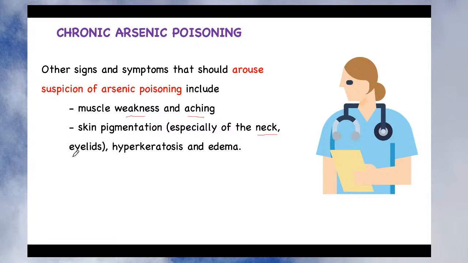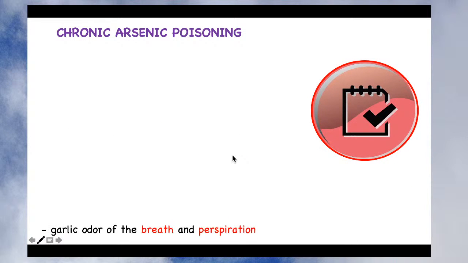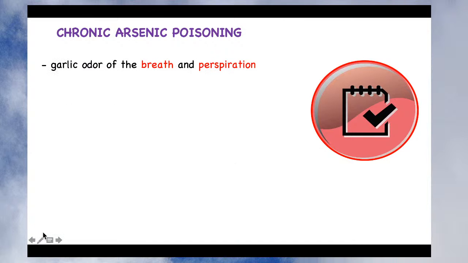And there is pigmentation on the eyelid. There is hyperkeratosis, and the patient also suffers from edema. In addition, a very interesting symptom is the garlic odor. Garlic odor of the breath and perspiration, the sweat which is coming out, and also in the breath, there is a garlic odor. The garlic odor is a very interesting and characteristic feature of arsenic poisoning. So if you have chronic exposure to arsenic, you may have a garlic odor to the breath as